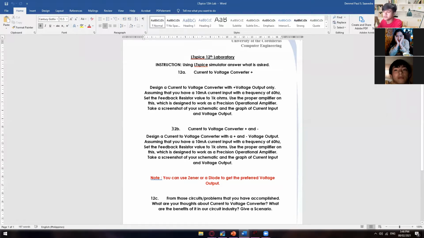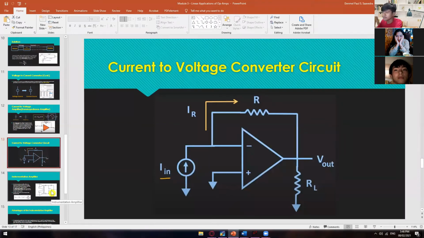All right, so we have already answered 12B. Your only problem now is 12A and then 12C. All right, so this one is super easy anyway. The next one is